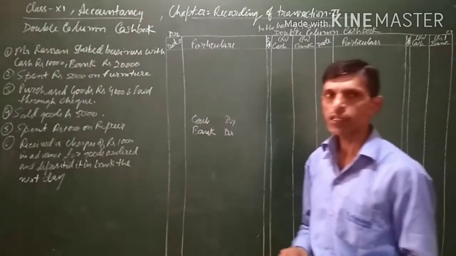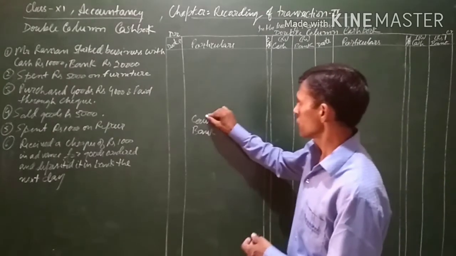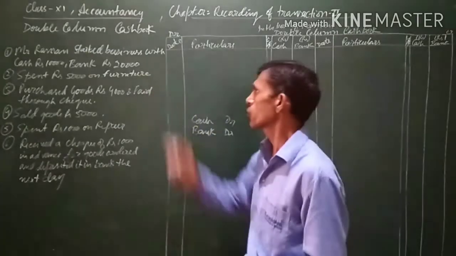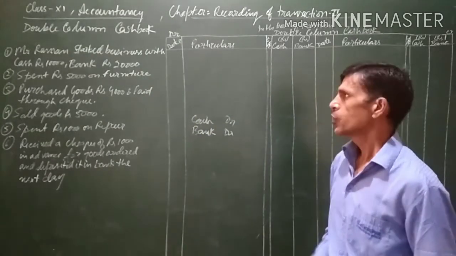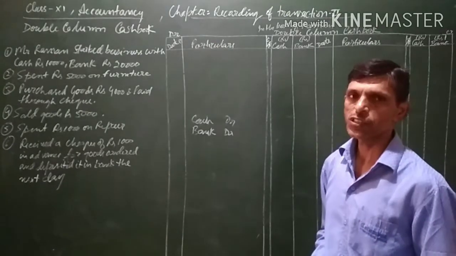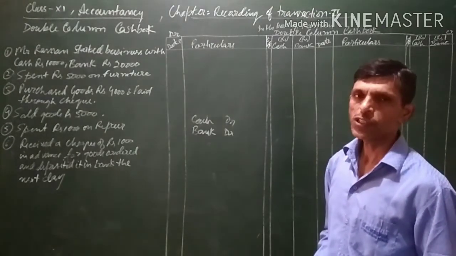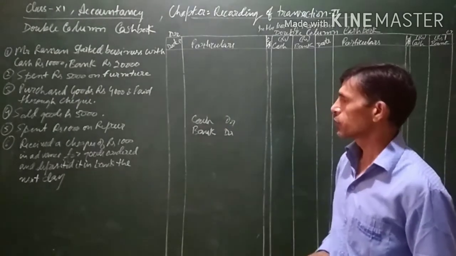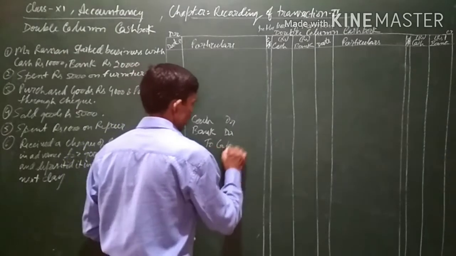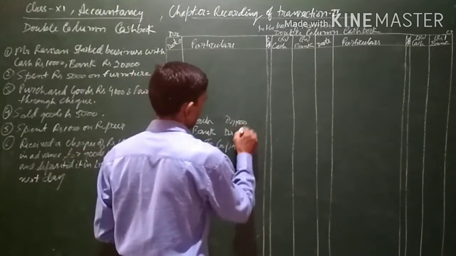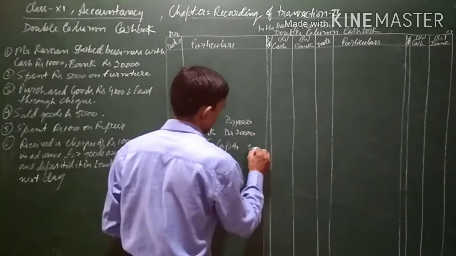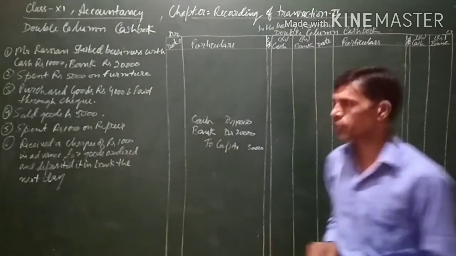So cash and bank will be debited, because when an asset increases, it is to be debited. These two accounts will be debited, and since Mr. Raman is the owner of the business, he is investing this amount, so this will become part of the capital also, because whatever amount a businessman or owner invests, or gives to the business, is considered capital. So all the amount will go in the capital account also. Our entry will be cash account debit 10,000, bank account debit 20,000, and capital will be credited with 30,000.